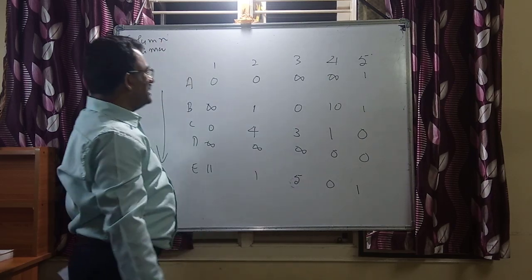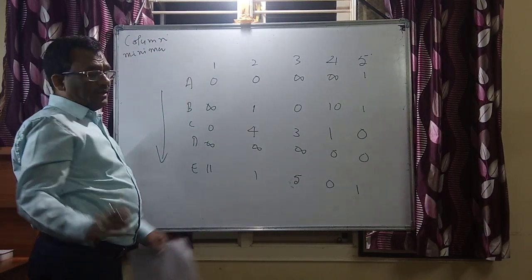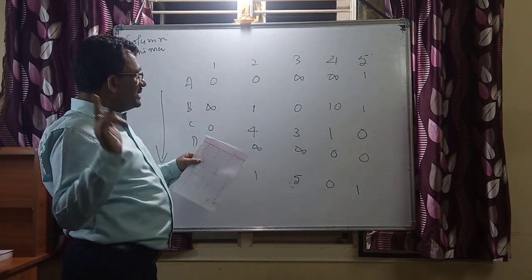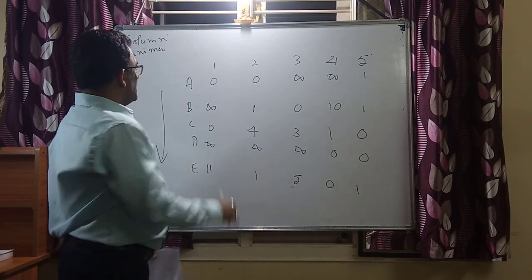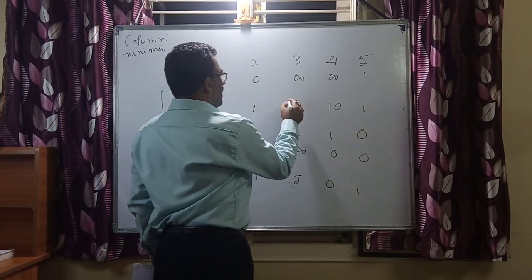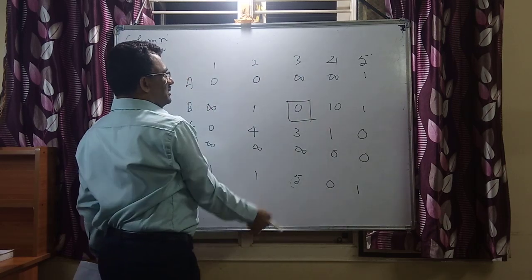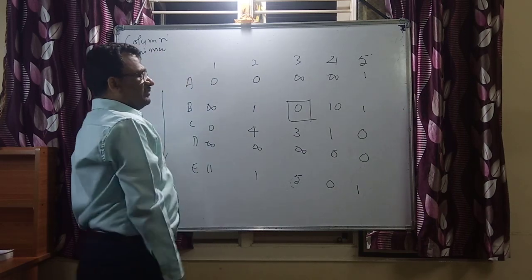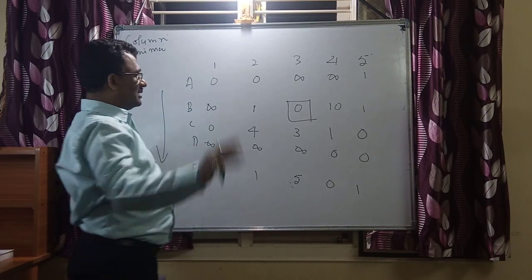Now after doing all these calculations, I have some zeros, but I need to focus on the row having only one 0. Just look at this, only one 0. In this B, I have only one 0, just target that. Now if you say one 0, for its column and row, if you have any other zeros, discard them, cancel them. Look at this, there is no such thing now.